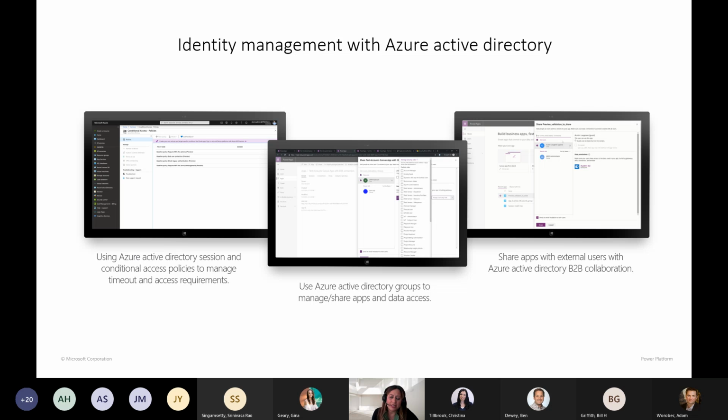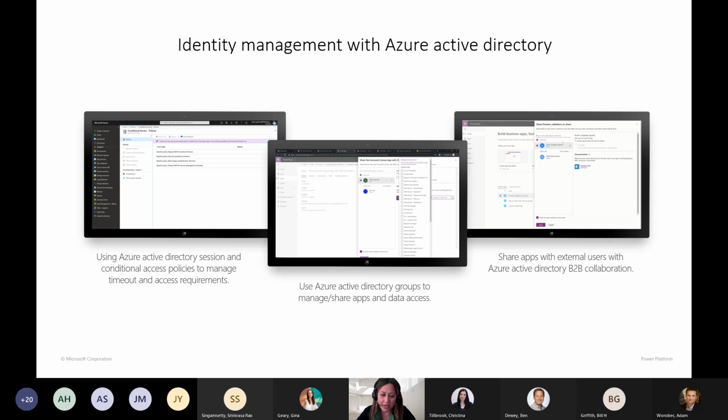But most of the time when someone is using a Power App that they're planning on sharing externally, it's done through what we call Power Apps portals. And Power Apps portals has a couple of different ways of authenticating. It's either through local authentication or you can use Azure B2C. So for example, they can log in with their LinkedIn credentials, or if they still have a Hotmail account or some kind of Microsoft account, they have the ability to access using one of those